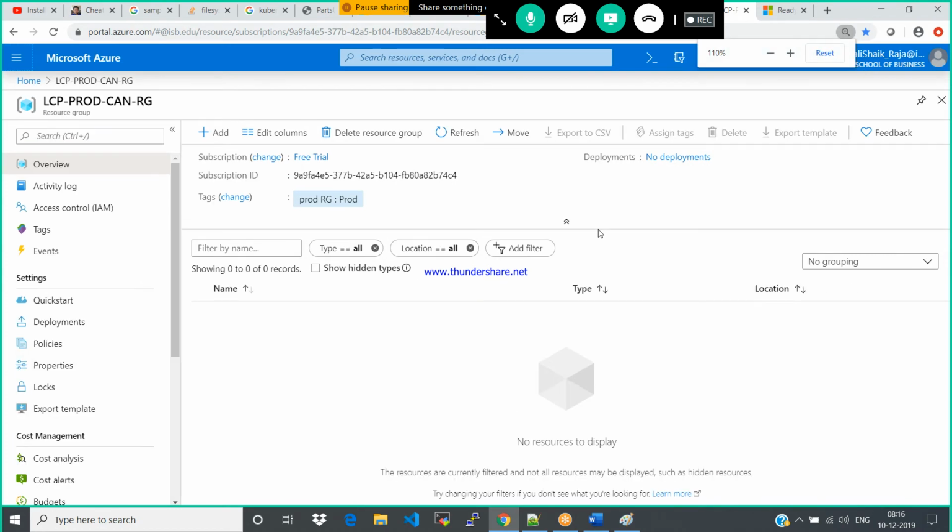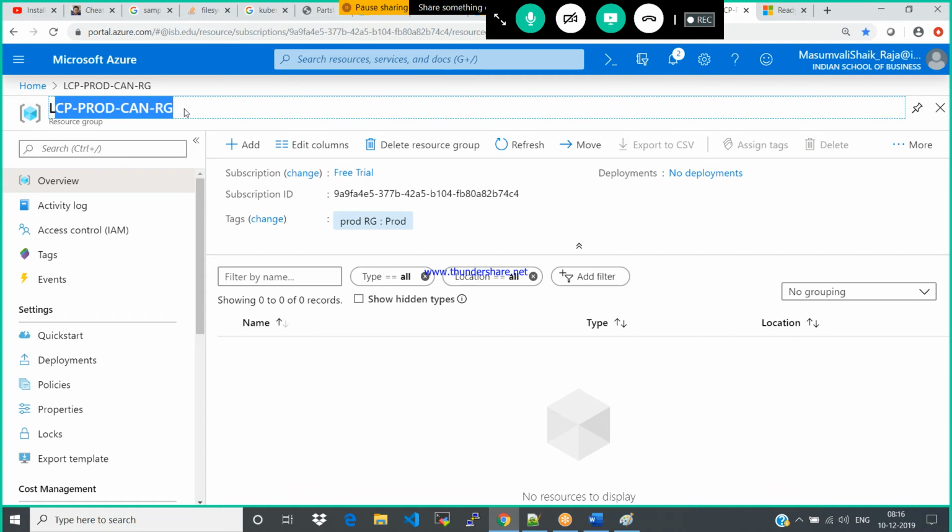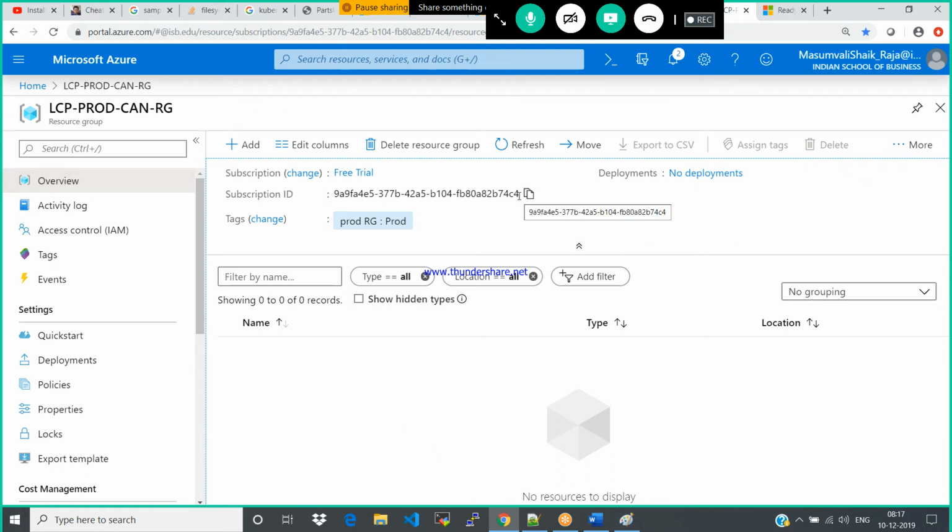Okay, so this is the resource group. What is the name of our resource group? LCP Canada. So this is the overview of your resource group.